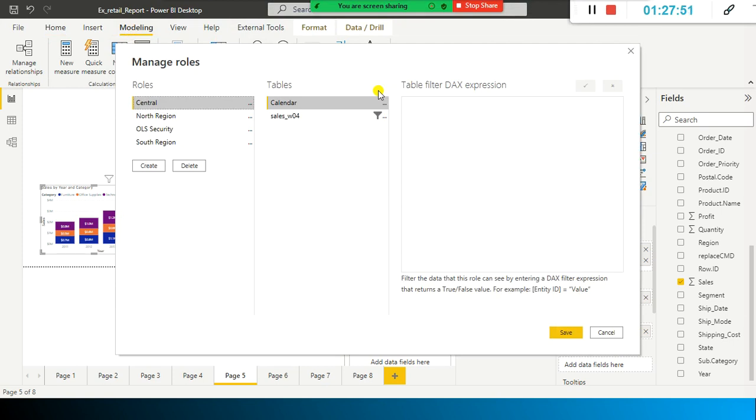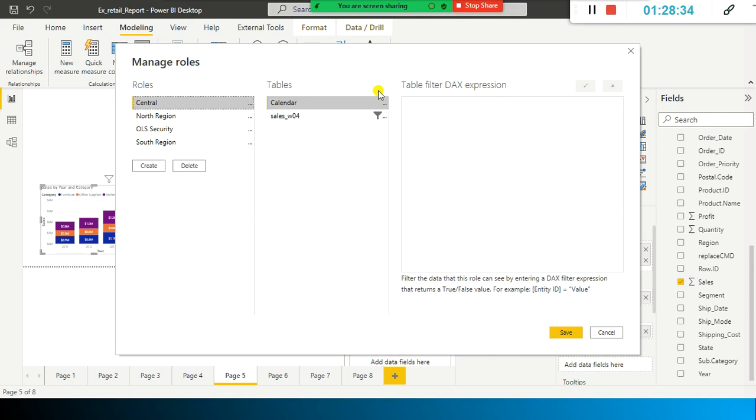First of all, what is row level security? Row level security is used to restrict the data access for the given users. For example, you are a North region manager, you are a manager for the North region, and Puneet is a manager for the South region, and the other person, let's say Murali, is the manager for the Central region. Right? When I publish the report or dashboard on Power BI service, and the relevant users, so, for example, Puneet should see only the South region related reports, right?